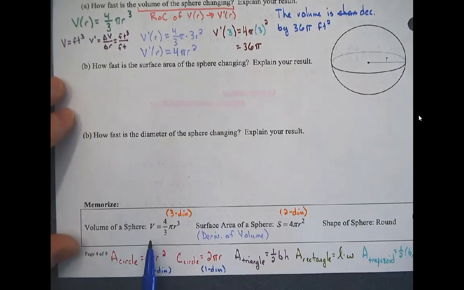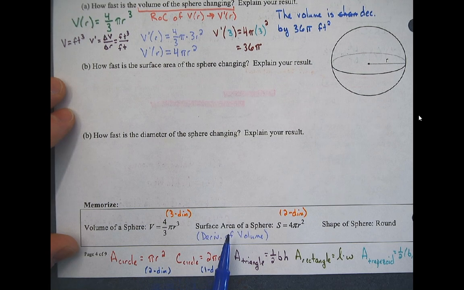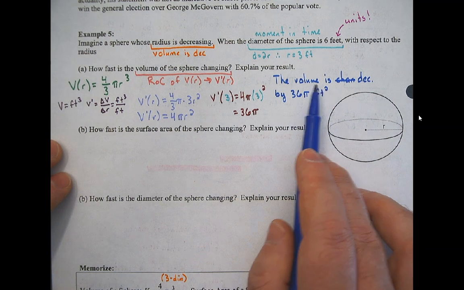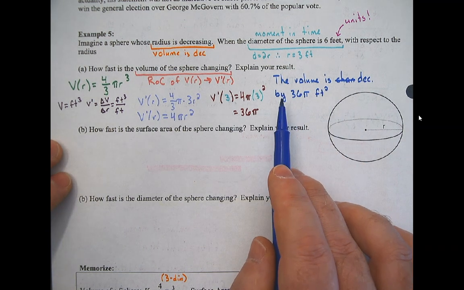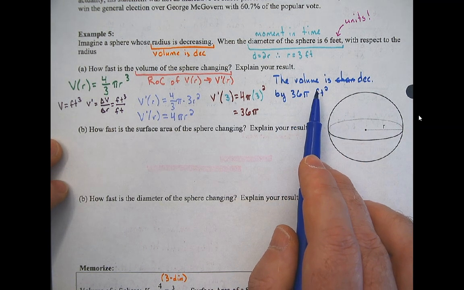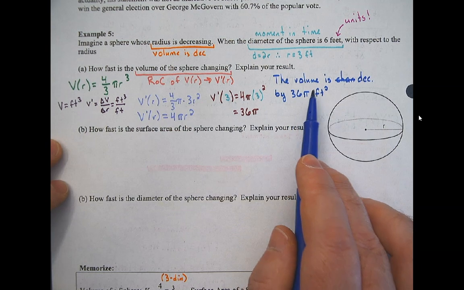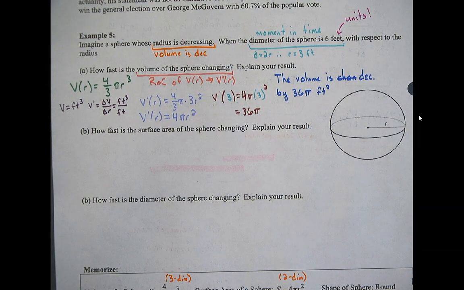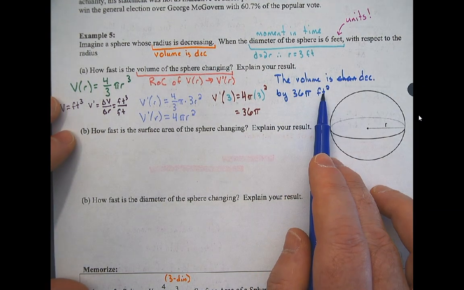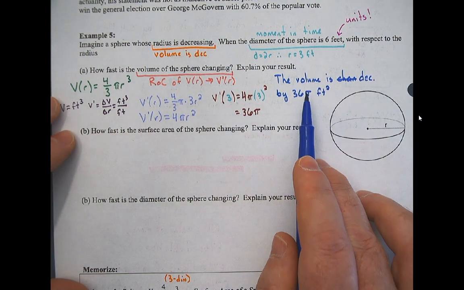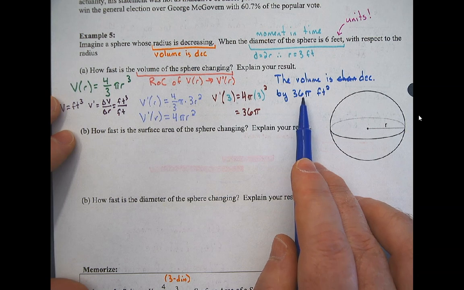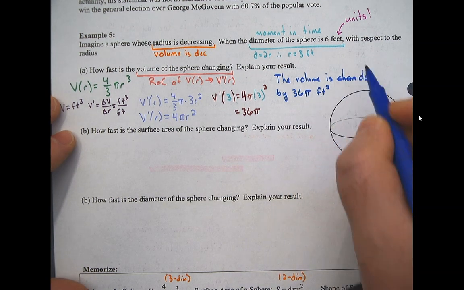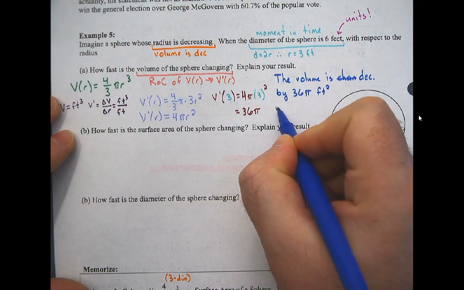And what did we say that the derivative of volume was? The surface area of the sphere. So it does make sense that the volume is decreasing by 36 pi feet cubed per feet, which just ends up being the same as the surface area. Now, this is not enough because the volume is not always decreasing by 36 pi feet squared. It's decreasing by 36 pi feet squared when